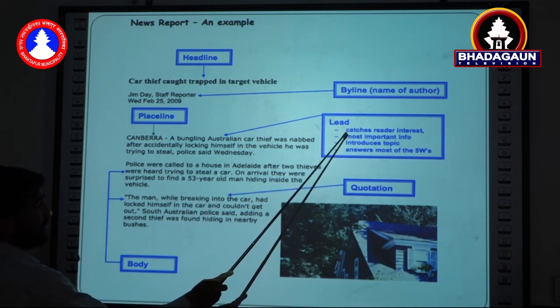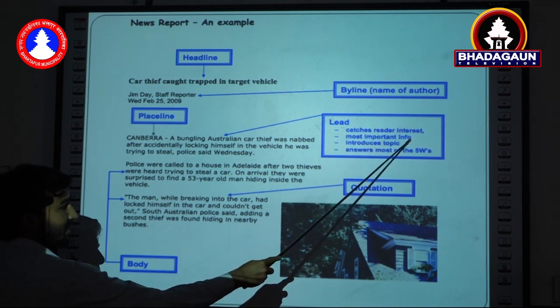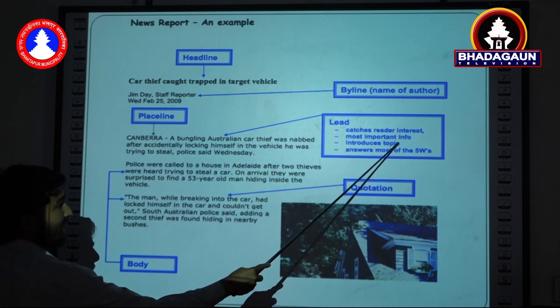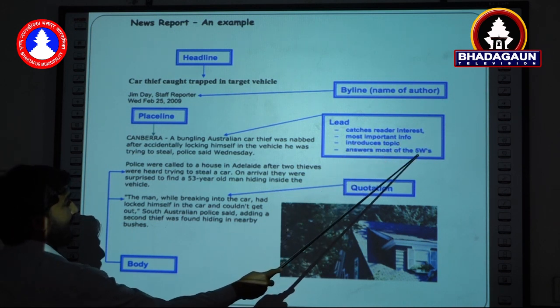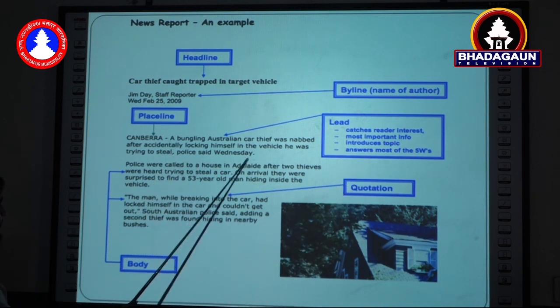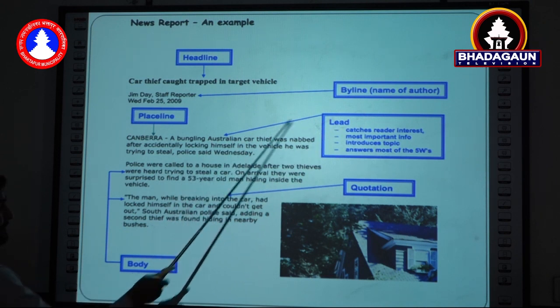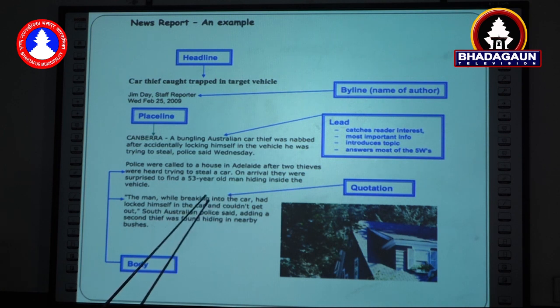What does the lead do? It catches the reader's interest, gives the most important information, introduces the topic, and answers most of the 5 Ws. If that is written in a concluding way, that becomes the lead, which attracts the reader's attention. Now this is the news in detail. To verify your news, you have to quote someone's saying,